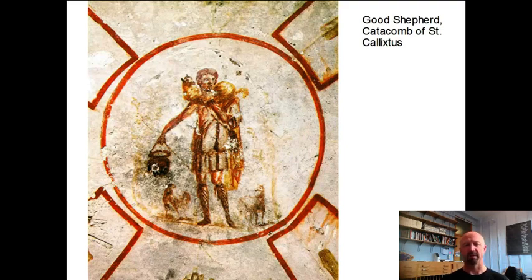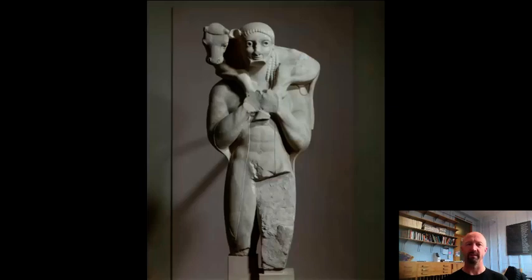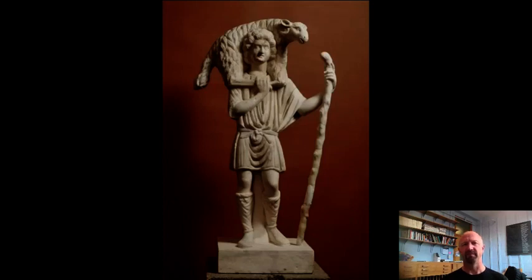Again, the Good Shepherd is in a million of these catacombs. It's the most ubiquitous image around. And here we see, again, one more of these. All the way back, it's actually an old Greek figure. It doesn't have anything to do with Christianity. It's known as the calf bearer. It's someone probably meant to be a votive offering, giving a calf perpetually for as long as the sculpture lasts, symbolically to a god, probably placed in front of an altar. Same forms then get adopted by Christians to become the Good Shepherd, as we see here,